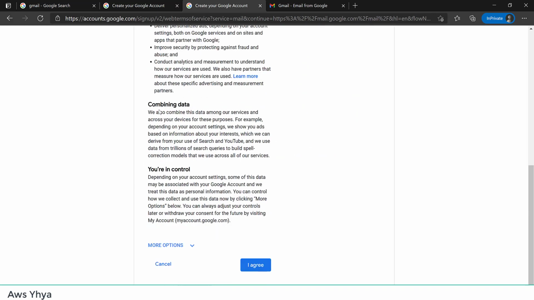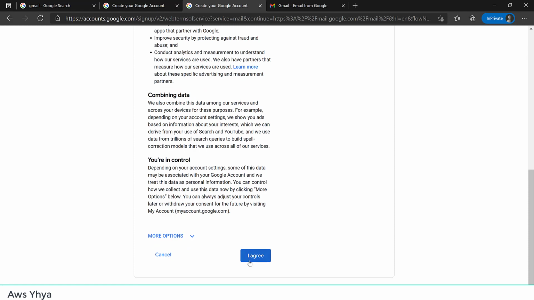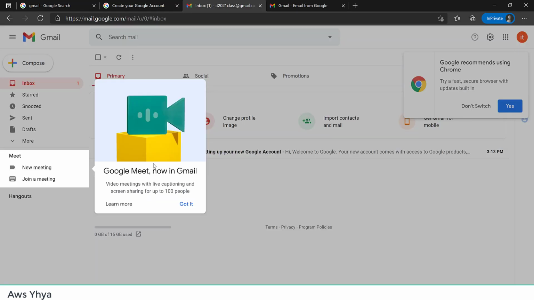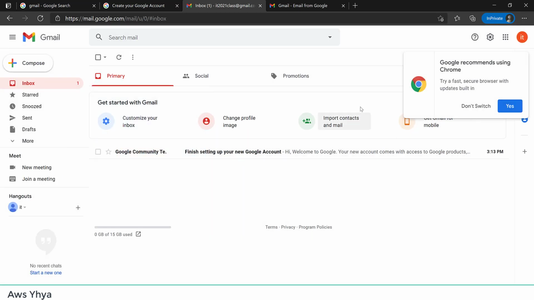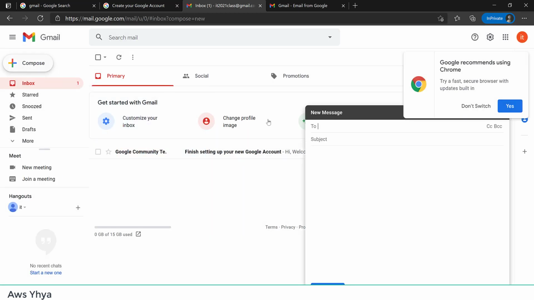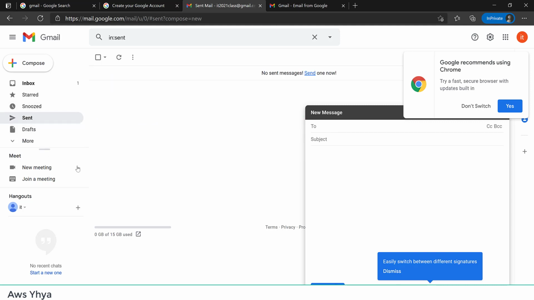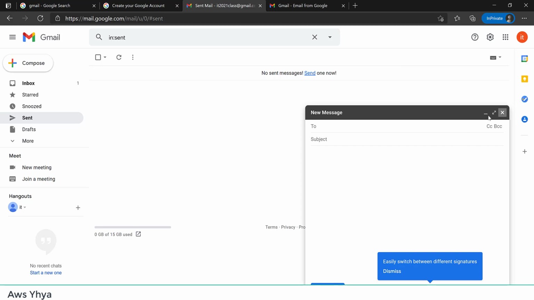Then it will give you a set of terms that you need to agree. I agree. Now the Gmail is created and it will give you a set of tutorials. You can compose a new email directly in here. You can write the recipient to whom you want to send, the subject, and you can attach many things. You can see your sent emails, you can see your draft,